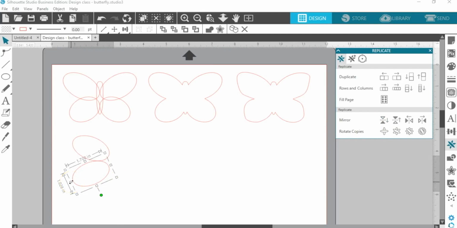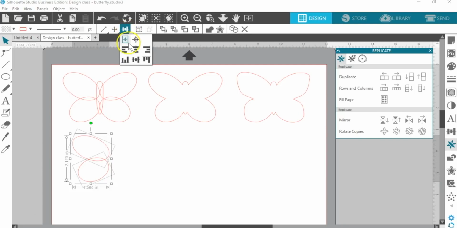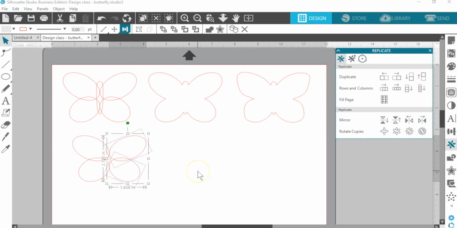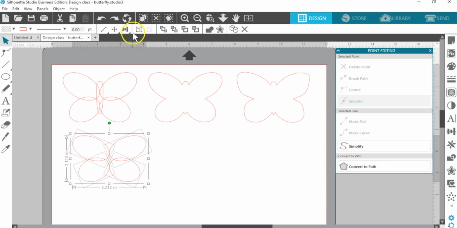Let's drag in the left side handle to make the lower piece about 1.4 inches wide. Drag the lower oval upwards so it's overlapping the first oval just a bit. Select both and align their right edges up in the Quick Access toolbar. Select both and mirror right, again with the replicate panel. Group the 4 ovals in the Quick Access toolbar.